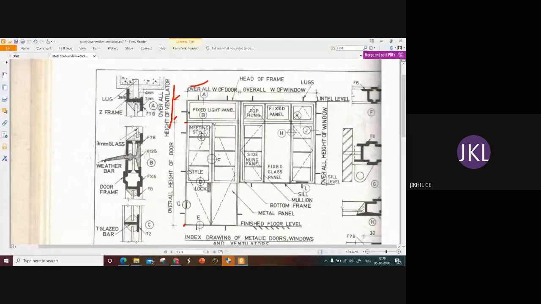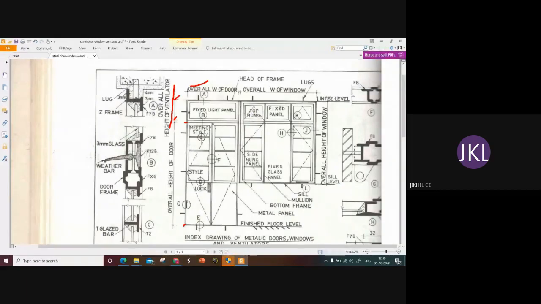Consider the door is located, or the window is located side to the door. All the total structure starts from the lintel level. We know the lintel is a RCC beam, concrete which is reinforced, which is running through the entire perimeter of the building, and every door as well as the windows and ventilators are positioned just below the lintel level.